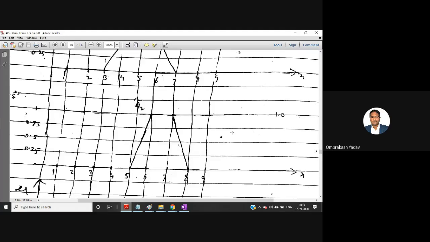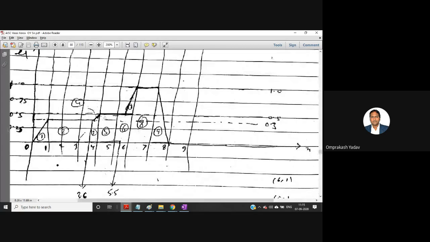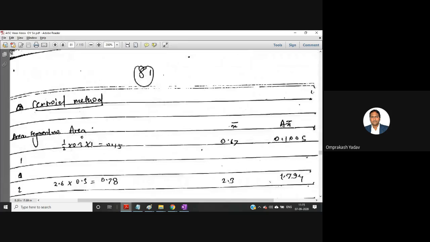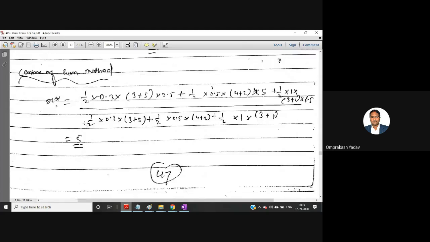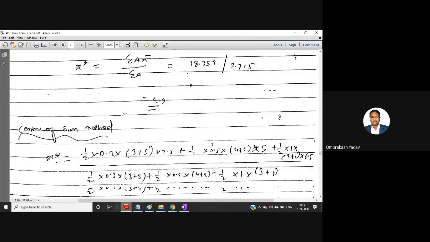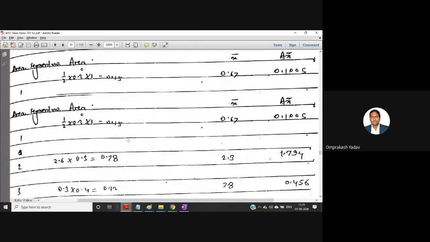Yes, sir. Okay. Then finally, you can draw a graph like this for the centroid. You know that it's a superimposed graph. You can find out the union of the graphs, and then you can divide this into different areas. So you divide the areas according to your convenience, and then apply your logic and try to solve it. I've solved by using the centroid method, and the next one is by the center of sums method. Answers are not proper, so you just solve it by your method.